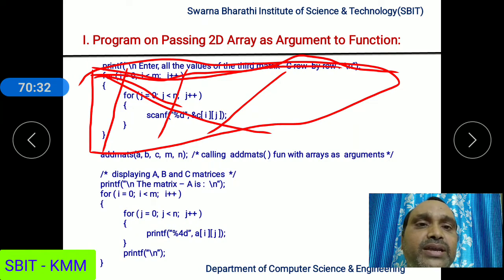For that we are making a call to the add mats function. To add mats we are passing array A, array B, array C as arguments, along with M and N. M representing the number of rows containing the elements, N representing the number of columns containing the elements. When you make a call to add mats, meaning add matrices,